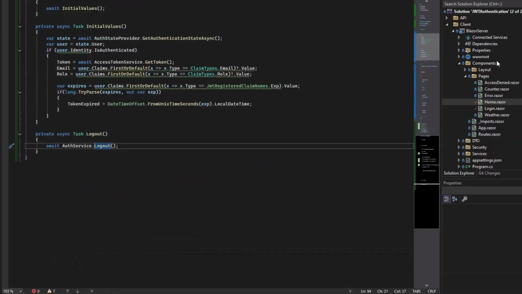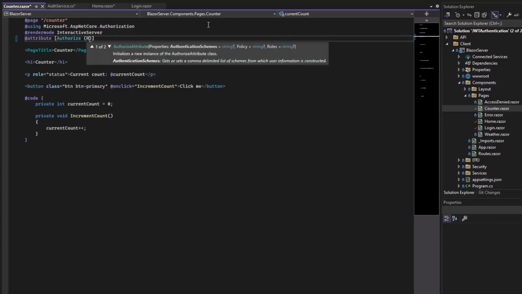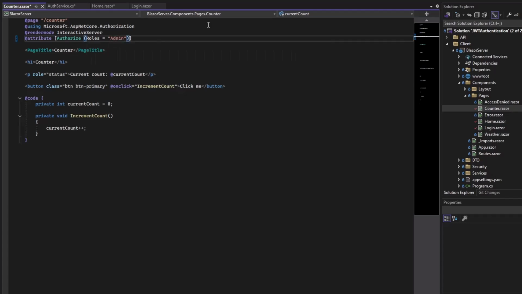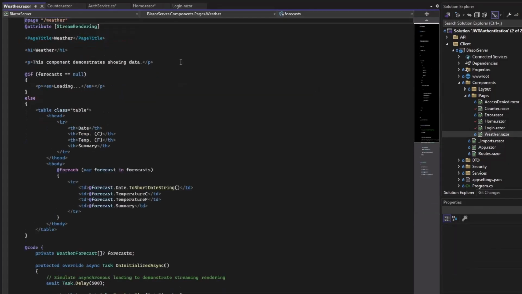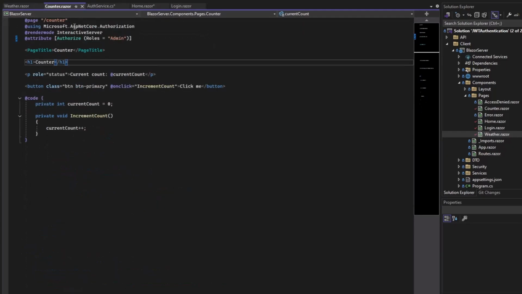It's okay. And now I want to set this counter to be available for the role admin. The capitalization must be the same. And then for the weather, I want this to be available for user. Anytime an unauthorized user tries to open this page, they will automatically be redirected to access denied.